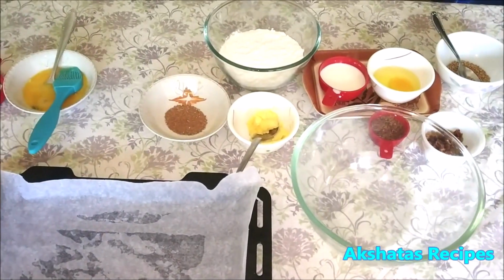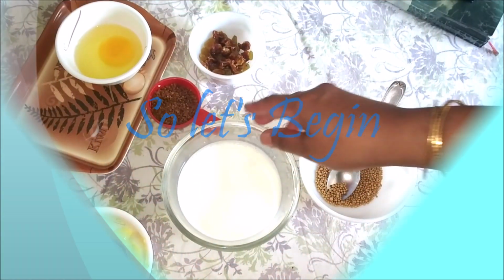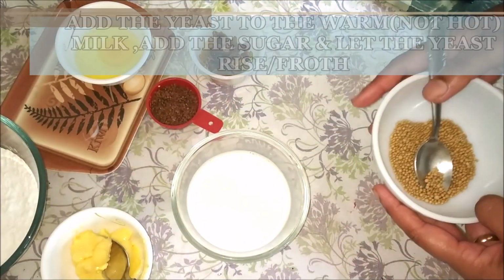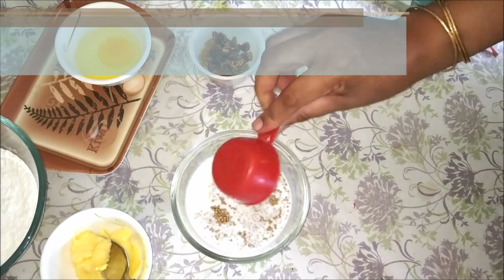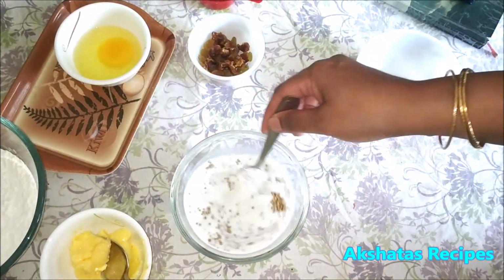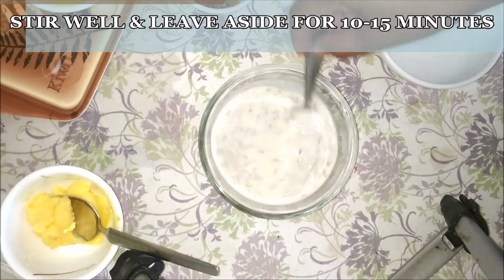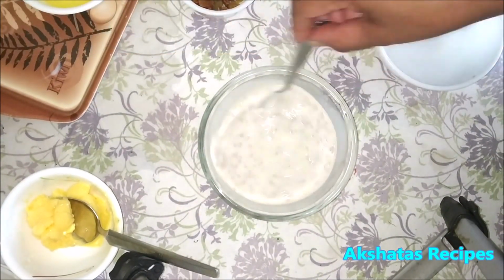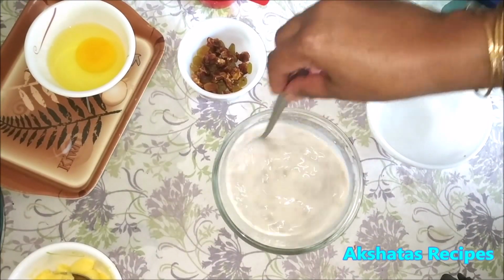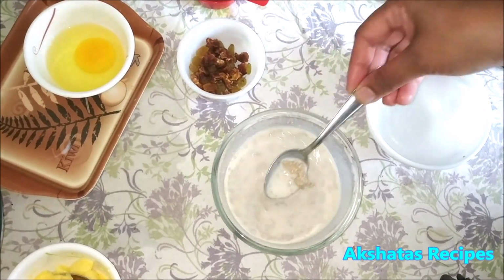So, let's begin. We're going to begin by activating the yeast. For that, I'm going to add the yeast to the warm milk, as well as the sugar. And we're going to give this a good mix so everything gets well mixed. Remember, the milk has to be just warm and not hot, otherwise it will not activate the yeast. So once you're done with stirring, we're going to just leave this aside for about 10 minutes till it nicely